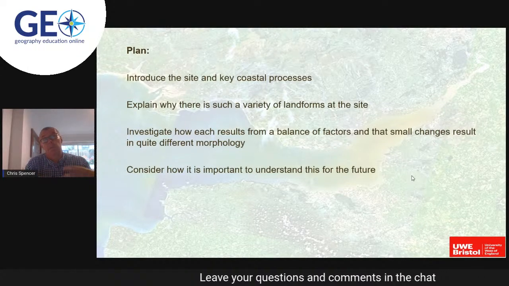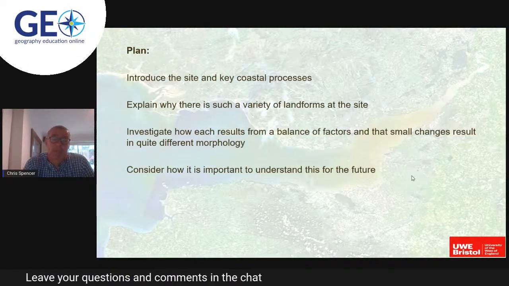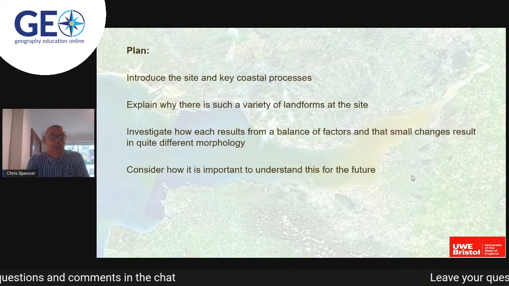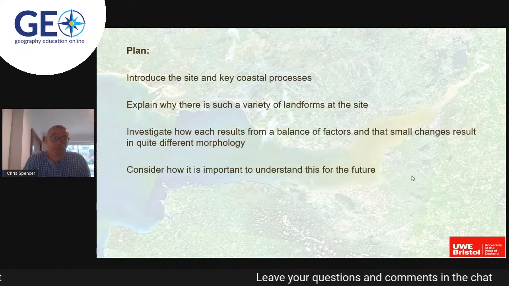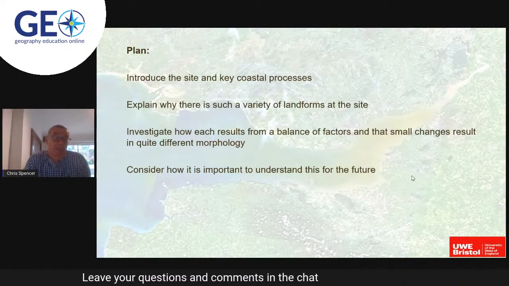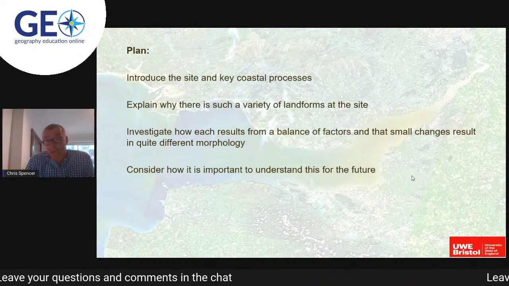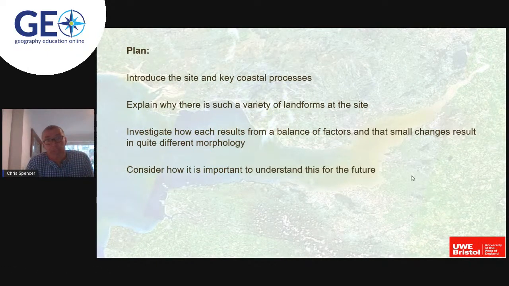The reason I'm working towards that point, and exploring it through a range of different coastal landforms at this site, is that towards the end I want to think about what that means going forward. What does that mean for the future of coasts, and potentially even for the future of how we will use coastlines, hopefully sustainably? So that's what I'm going to work towards. As I say, the first part will go through an exploration of a variety of landforms at this particular